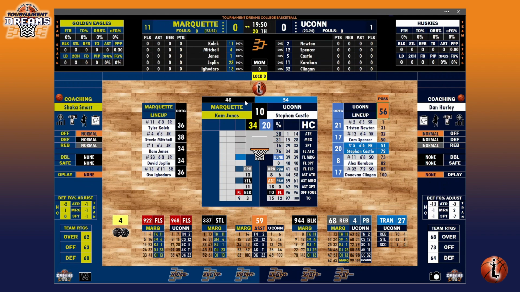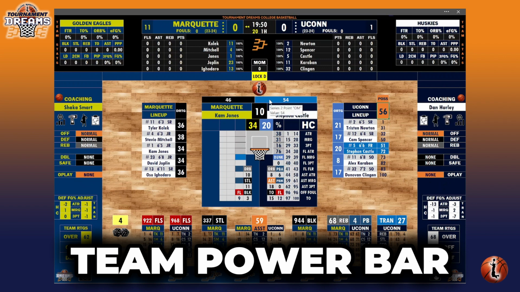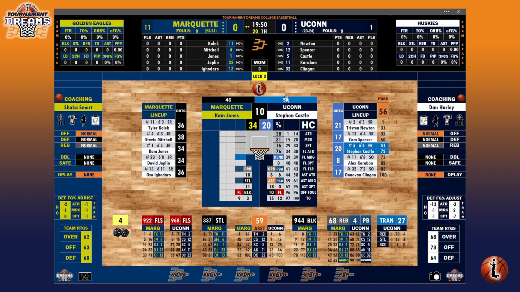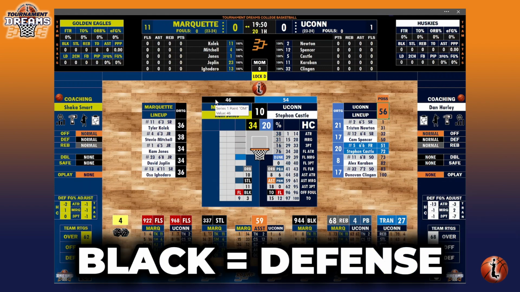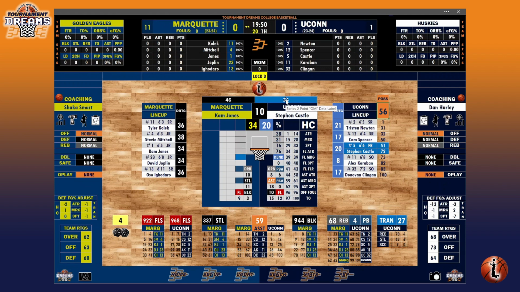But the other thing that's going to occur when we click this is, again, who controls that time segment possession. Now, this is the team power bar right here, the blue and the black bar. The team that has the ball, which in this case is UConn, will have the blue colored bar above their player card. The team on defense will have the black color on their side. And then the number within the bar will determine their offensive power rating for that possession and the defensive power rating for that possession. Now, this number here of 54 and 46, UConn's 54, Marquette's 46, that effectively means that